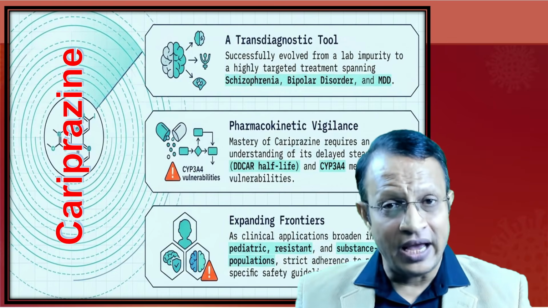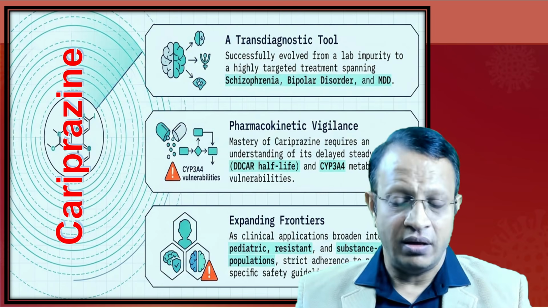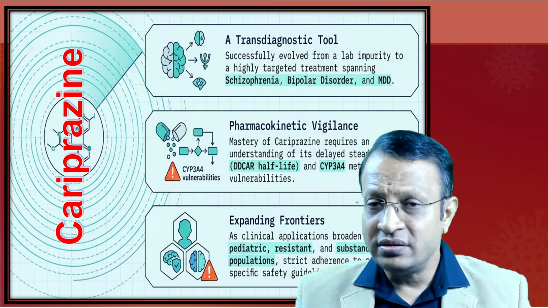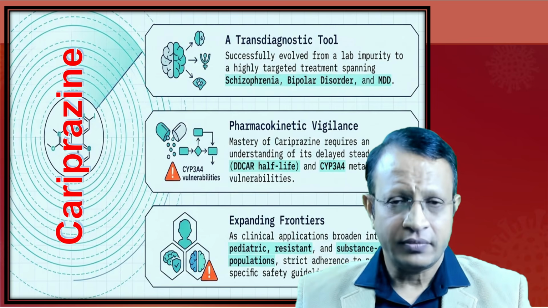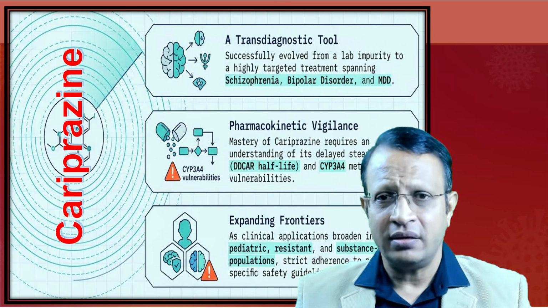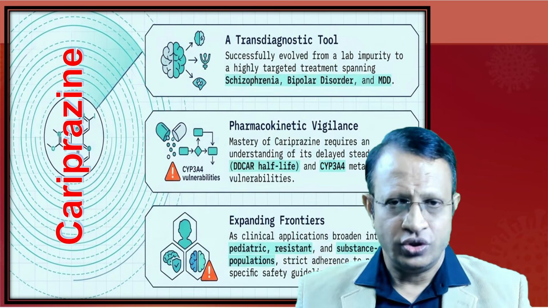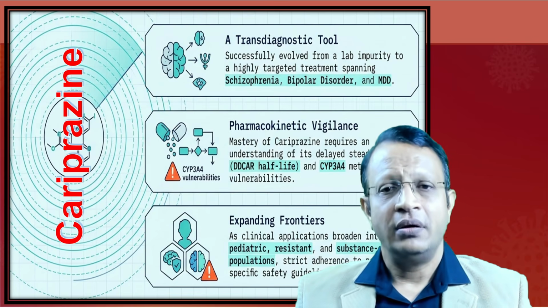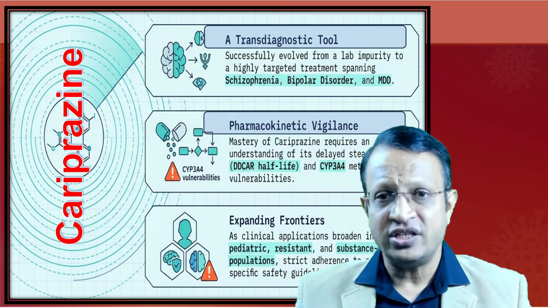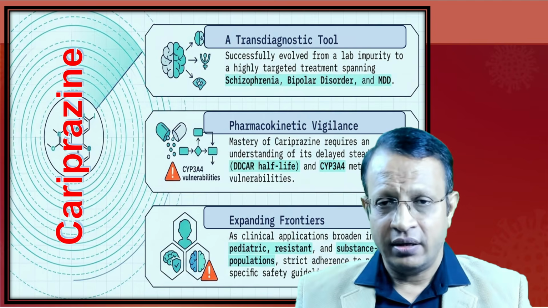So cariprazine is a transdiagnostic medication, not only in schizophrenia, bipolar, and depression. It has been found useful in autism spectrum disorder in children, and nowadays it has been explored in other psychotic disorders and other psychiatric indications. However, it has a long half-life, 3 to 4 weeks, with one of the metabolites, that is DDCAR. So you have to watch and also look for drug interactions with CYP3A4 enzymes. It is also useful in pediatrics, and it has been found to be useful in treatment-resistant schizophrenia and substance comorbidity. So being transdiagnostic, keeping a vigilance on the half-life, it can be used as a broad spectrum